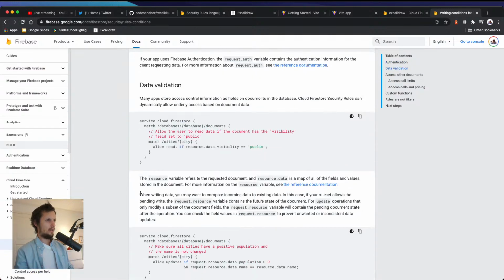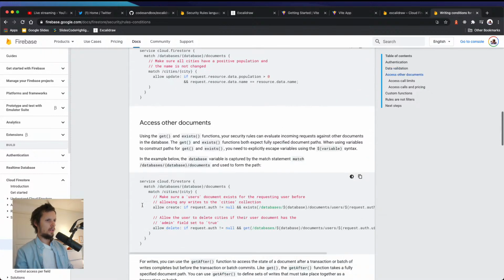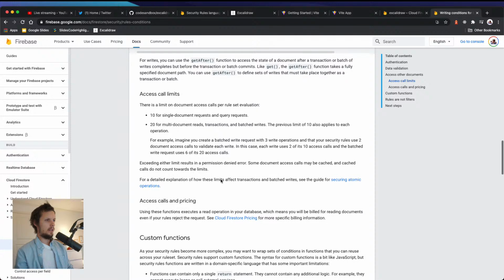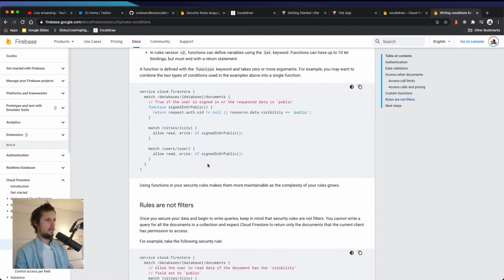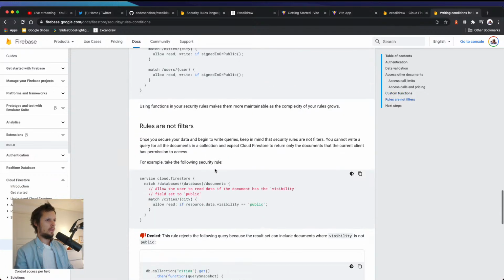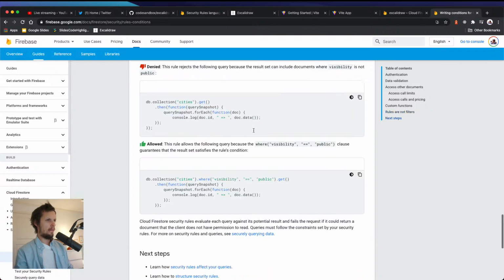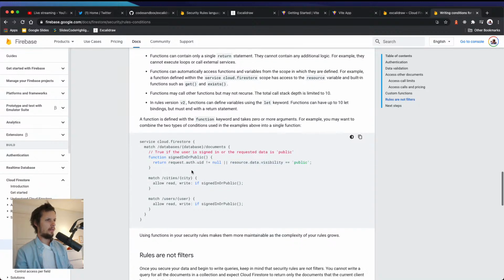Data validation. Access other documents. Oh, interesting. Exists, get, custom functions. Wow. Seriously? Custom functions. But does that mean this is tied to the